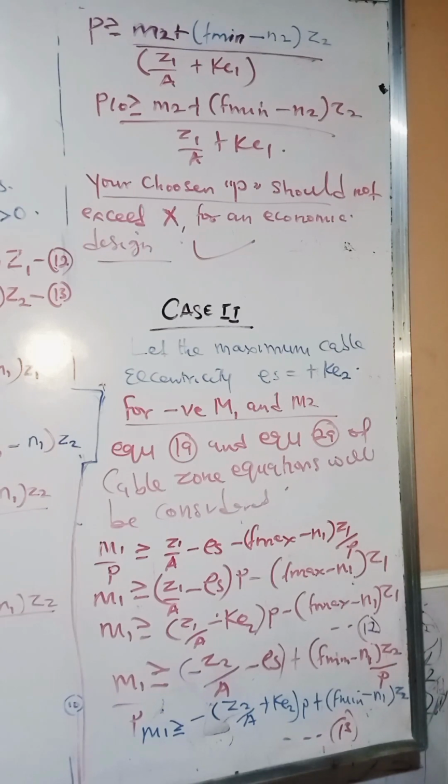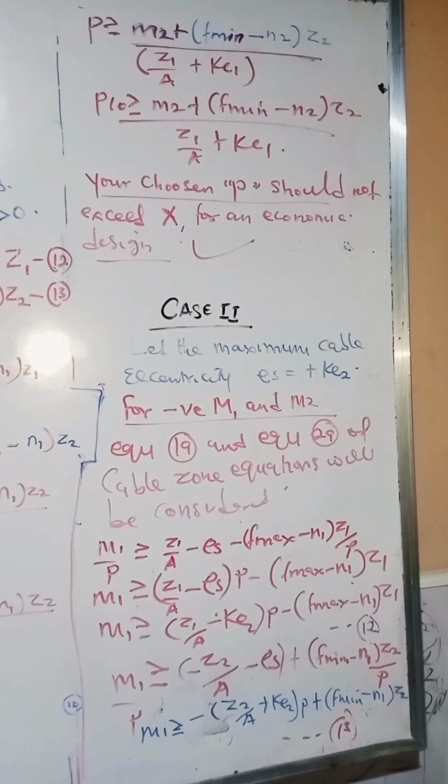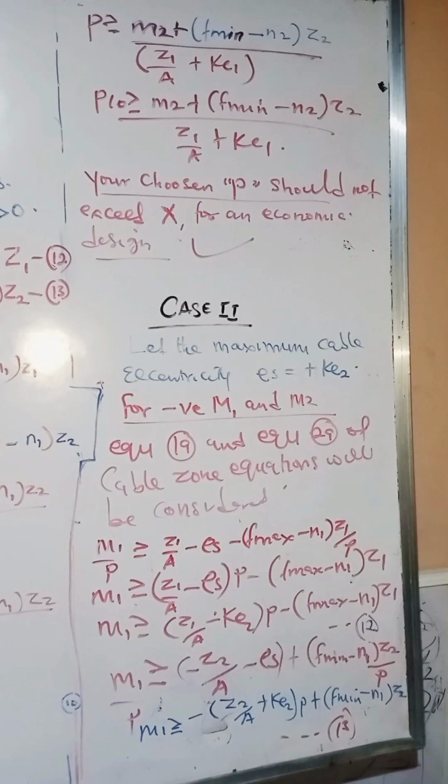All right, so if we look at the expression, we have M greater than, open brackets, Z1 over A minus KE2, close bracket P. And we have minus, open bracket, F maximum minus N1, close bracket Z1. Okay. So this equation becomes the equation of a straight line. And we're going to plot this equation on a graph. Similarly,